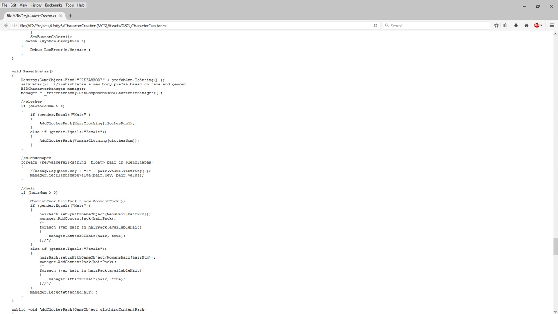Not just clothing, but hair. And I also would like to see them be able to change eyes or eye color, and change the skin color or the shaders for the